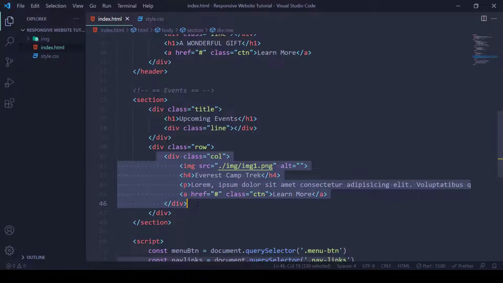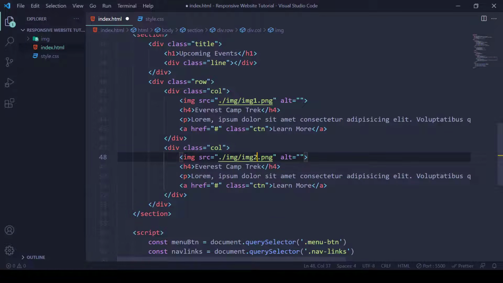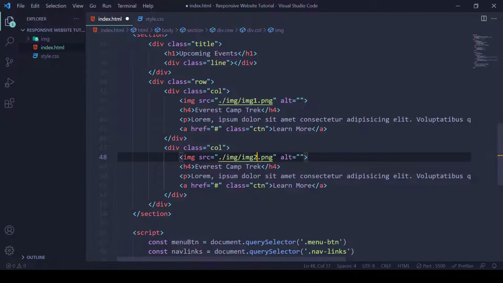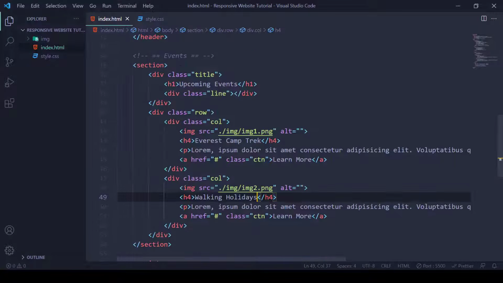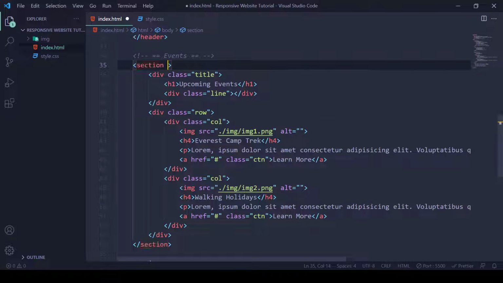And duplicate this column, and at here add image 2 and change this title to Walking Holidays. And for this section add a class name events,